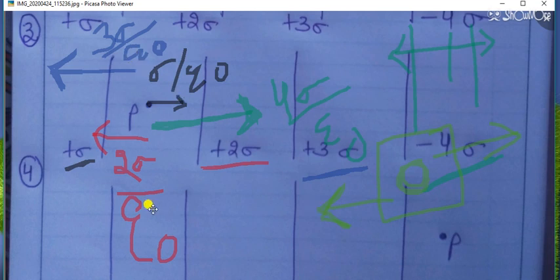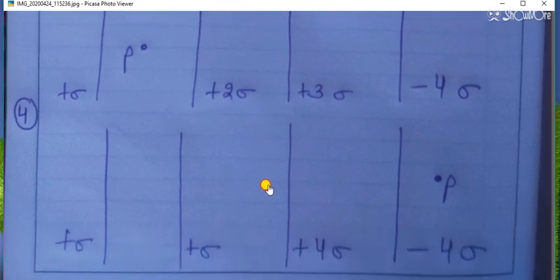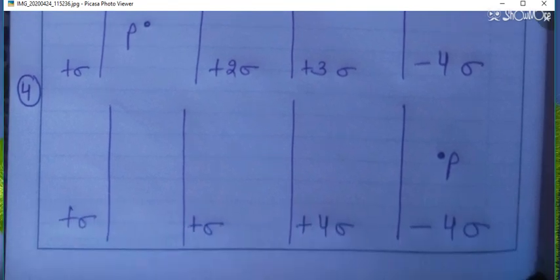Sigma, 3 sigma, 2 sigma, okay. Wait for 1 minute, I am just checking my answer. Any mistake? No mistake. So I hope this is clear. Zero answer will be there. And for the last question, as I said, this video will be completed in 10 to 12 minutes. But this video is very useful. This is the smallest video that I have prepared, and we are using very good concepts in a small time.